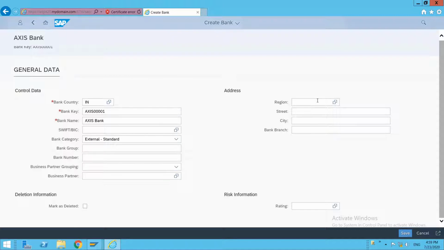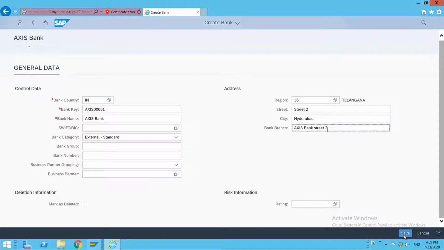So I'm not doing that at this point as we do not require that for our settings for automatic payment program. So let us continue with the creation of house bank. So I have given some random branch name for this one. So we have created the bank. Okay. We also need to give the bank number